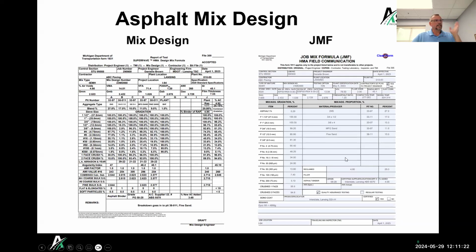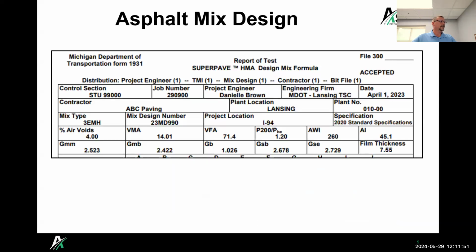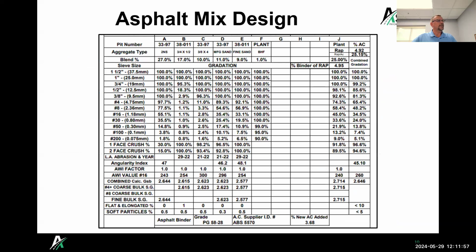Then we have what we call a 1911 form, which is a job mix formula. That's where we take this mix design for a specific job and put in the job specific parameters that are called out for what specification we're using, what type of acceptance testing we're using, and all those things. So I'll go through, and you asked about where we find the asphalt content. I'll zoom in because some of these are very hard to see. The easiest way to find the final asphalt content is on the JMF.